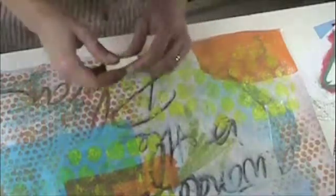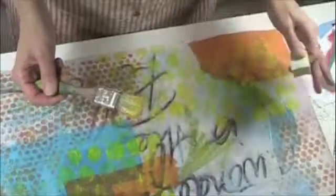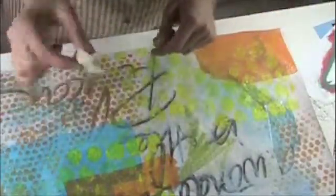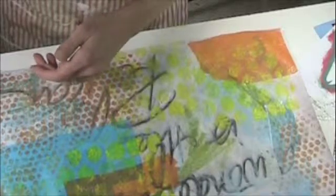Now the trick to using a stencil and not getting it really, really gloppy, like if I used this big wet paintbrush, all the paint would go through and you wouldn't be able to see the stencil pieces very well. I use this little makeup sponge. And I think I'll do this color. You squirt out a little paint